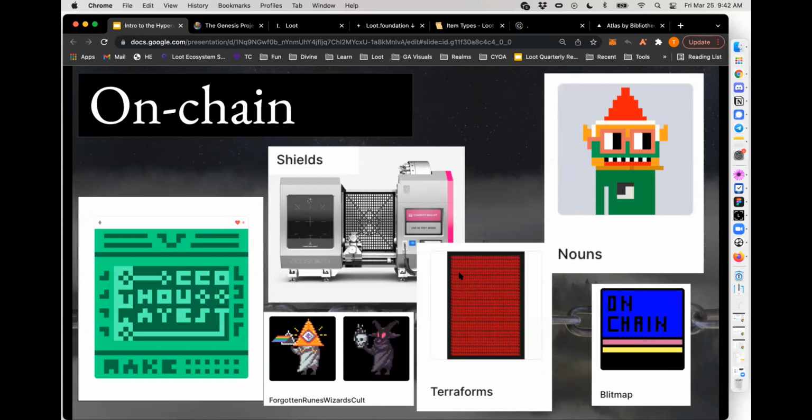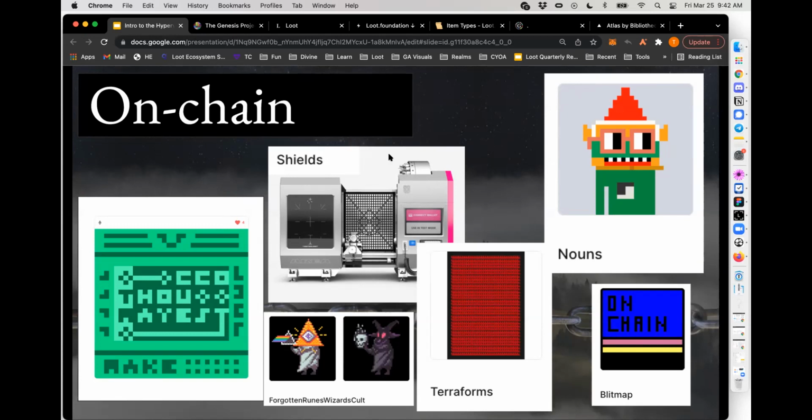You can do that without being on chain. You can just publish code to GitHub, sure, and say this is CC0. You can just publish art to an Amazon web server and say this is CC0. You can write a story and publish it to Medium and say this is CC0. But something about being on chain crystallizes that on the blockchain forever, that says, yeah, this is my phrase, thou mayest. Thou mayest build on top of this. Thou mayest take this project or this art or this story or this code and expand it, without any fear of retribution, without any fear of a company knocking on your door and saying, why did you touch my code, or why did you touch my art?